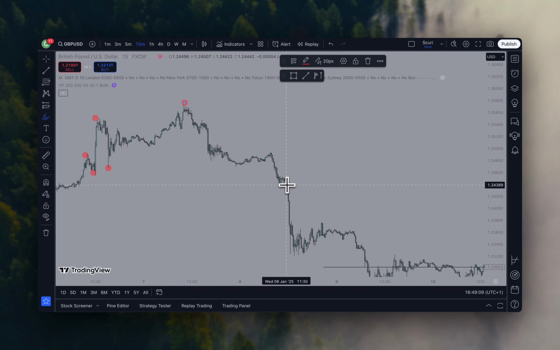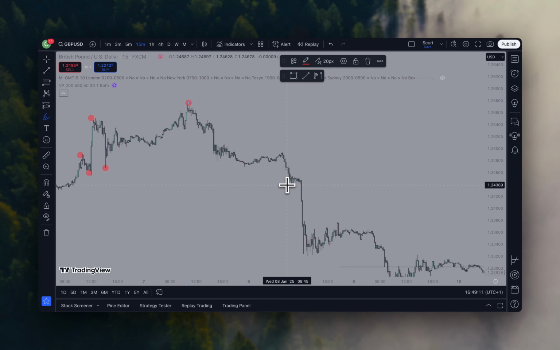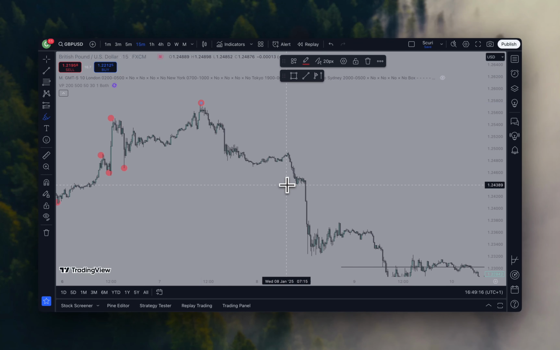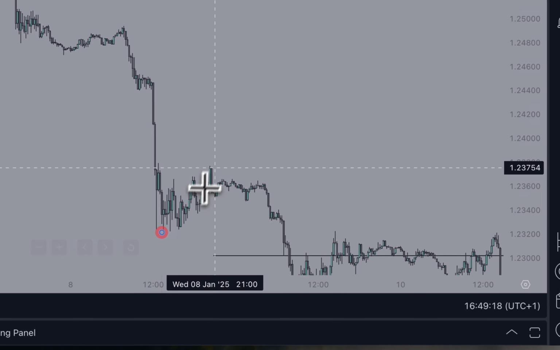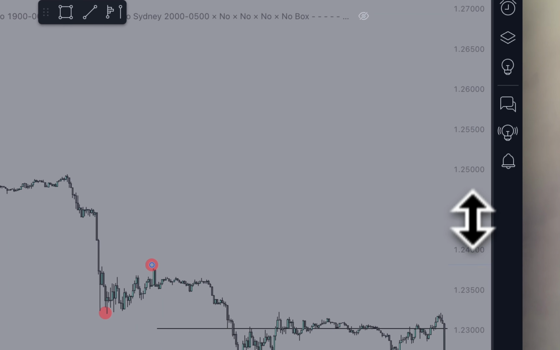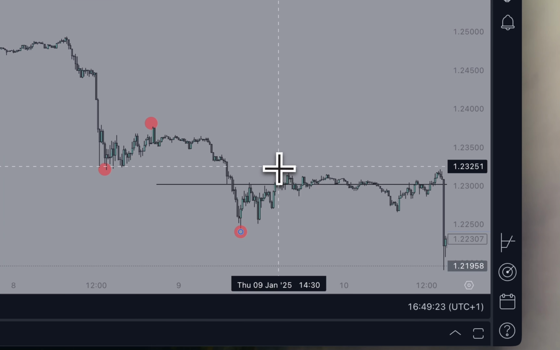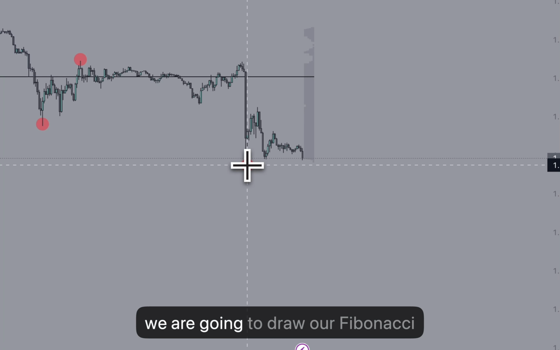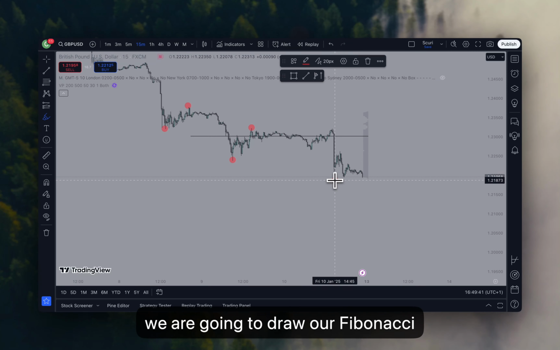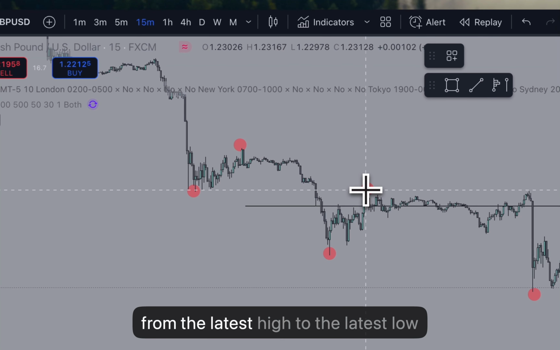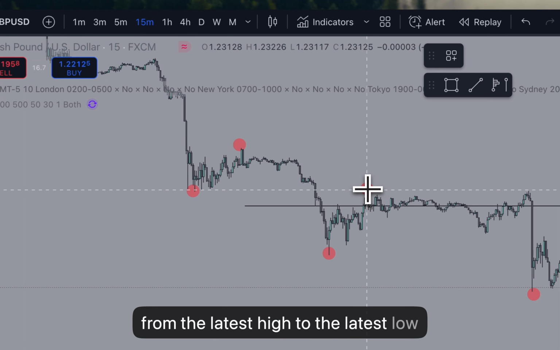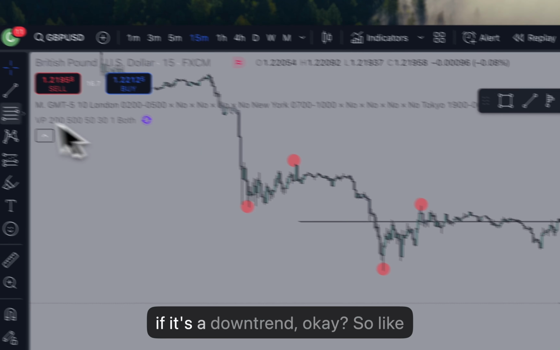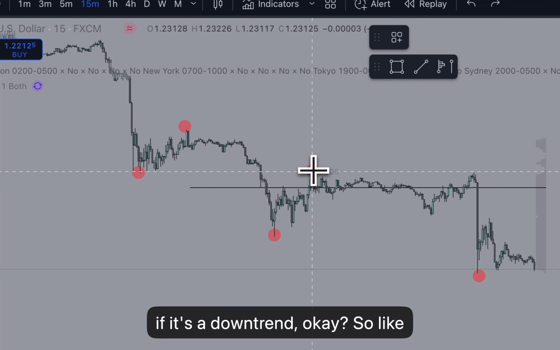Some of you could count this as a low. You can do it, but on a Fibonacci it's not that useful. Okay, so this is our new low, high, low, high, low. So we are going to draw our Fibonacci from the latest high to the latest low, if it's a downtrend. Okay, so like this,